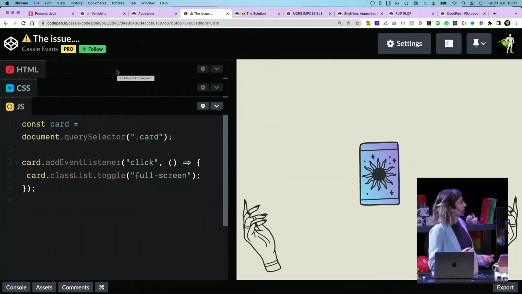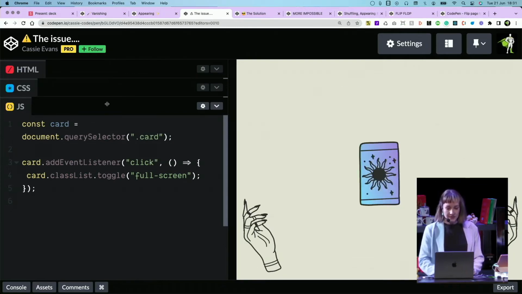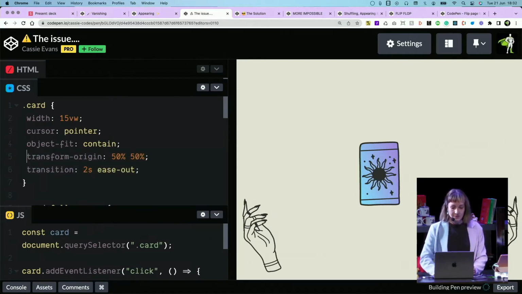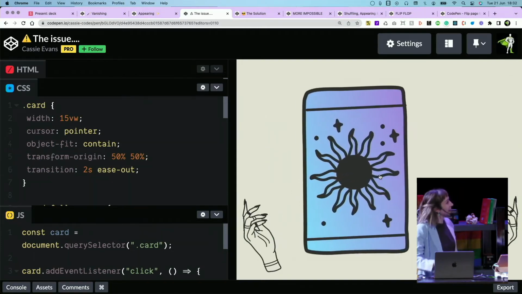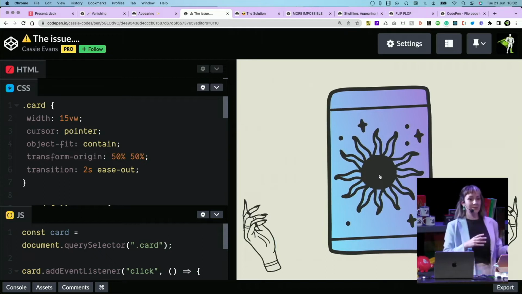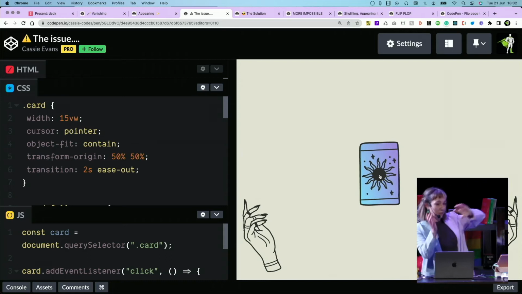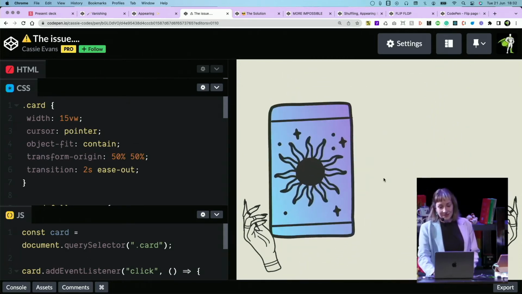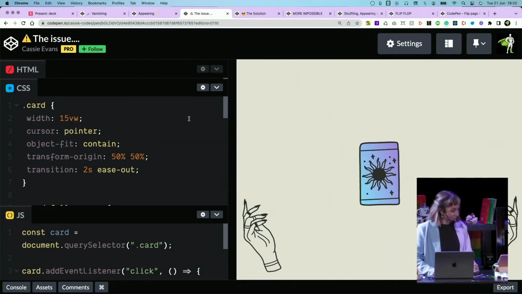This is another thing I see people trying to do. They're like, okay, cool, CSS transitions, that's what they're for. So I'll just say, hey CSS, can you do this transition for me? But what happens is it pops it out of its position in the document flow, and then it pops it back into fixed position, and CSS tries really hard. It's trying, but it's not quite what we want.